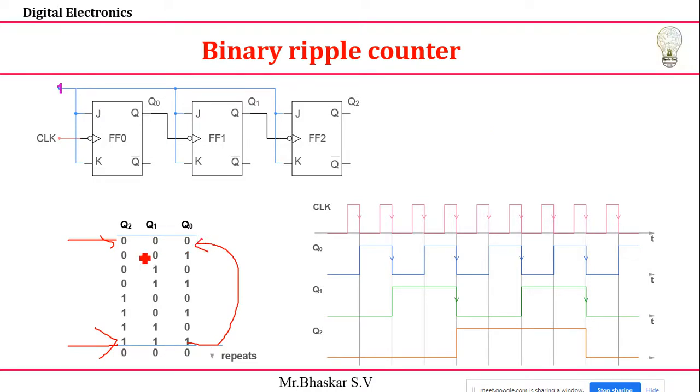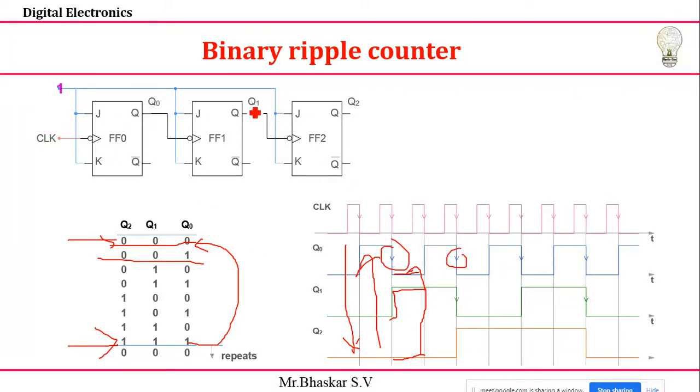One confusion is there, right? It's very simple. The horizontal values, you write them vertically. That's all. 0 0 0 means it is 0 0 1 in this way actually. 0 1 0 means 0 1 0. See that? Just make every clock low, make this high, and next low. You can write it in this way also, but the actual analysis is this way. At the falling edges, I'm getting the waveforms. Okay.